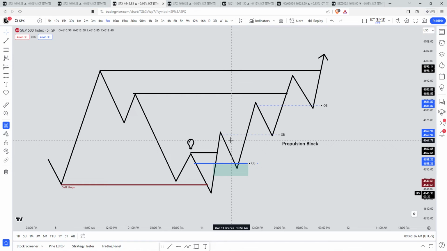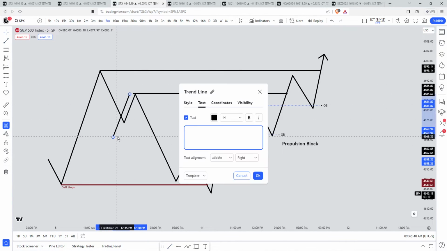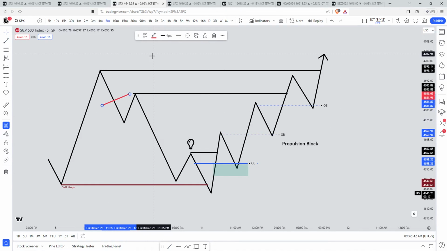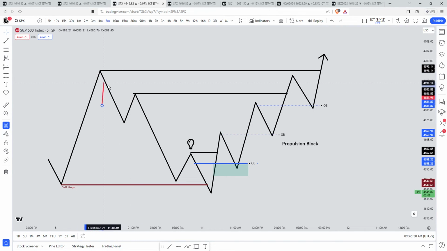So if they're long, where are they going to want to target? They're going to want to target above old highs. So now you're thinking, well, damn, why is above old highs significant? That's because there are buy stops above old highs. So it's an area for smart money to sell to buyers above the market price. So once we get this reversal and this change in the state of delivery, price can continue higher, but along